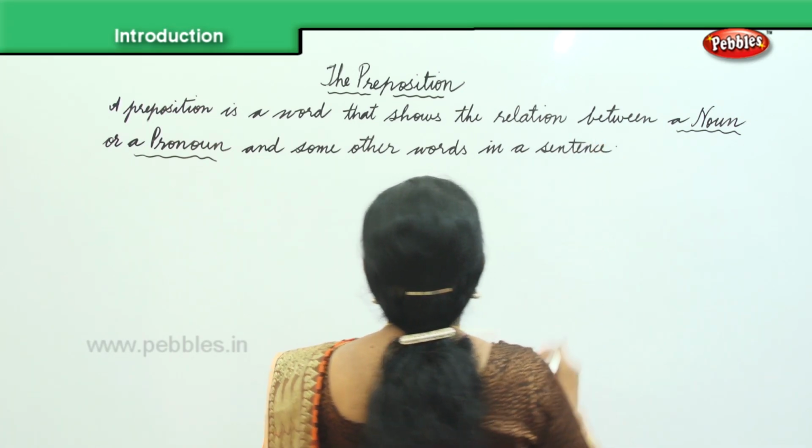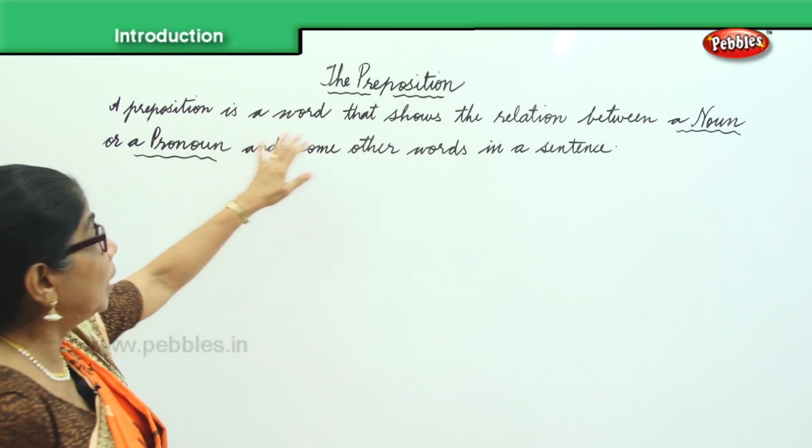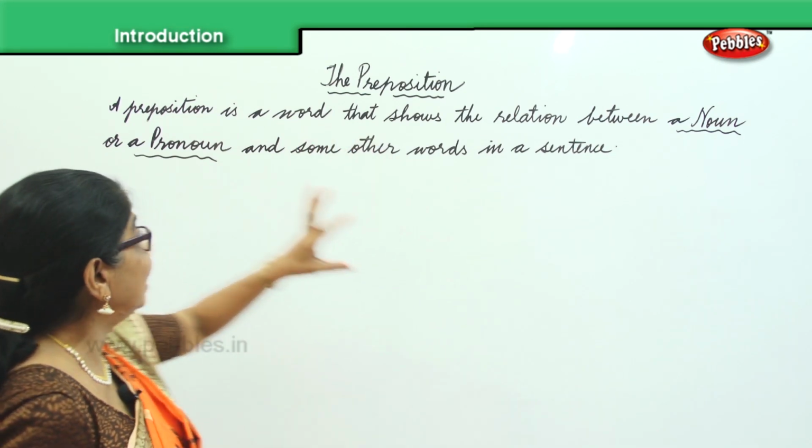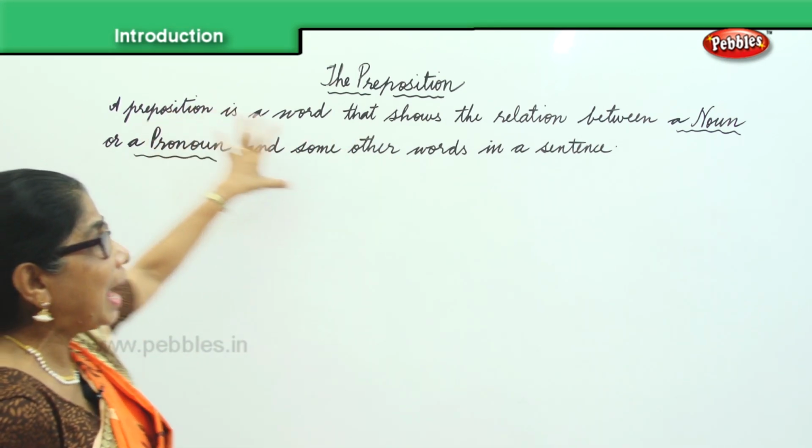So preposition is a word that shows the relation between a noun and a pronoun and some of the words